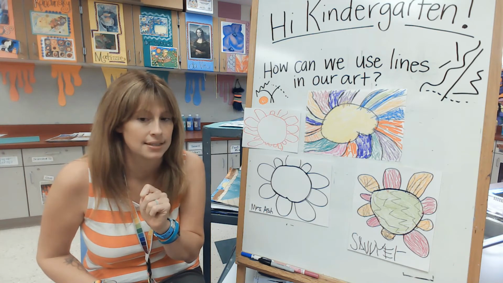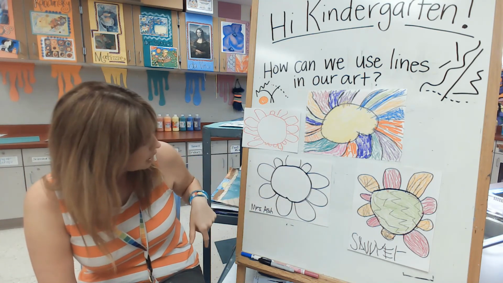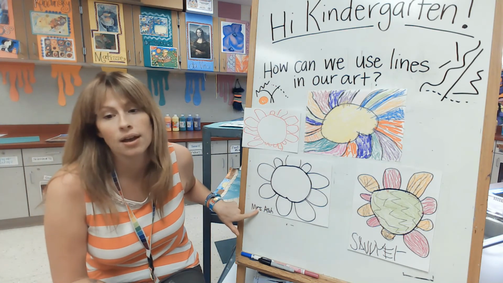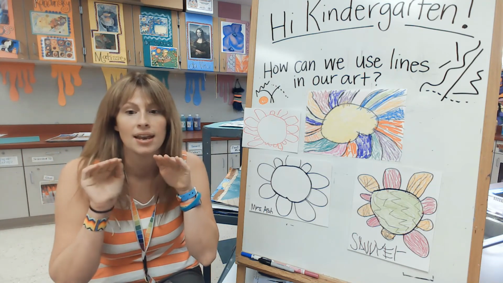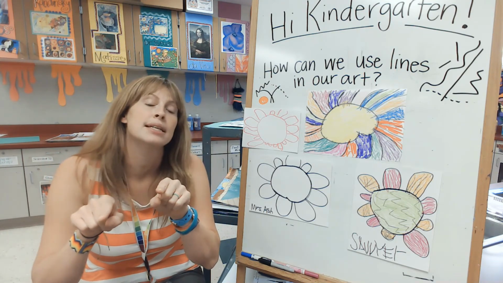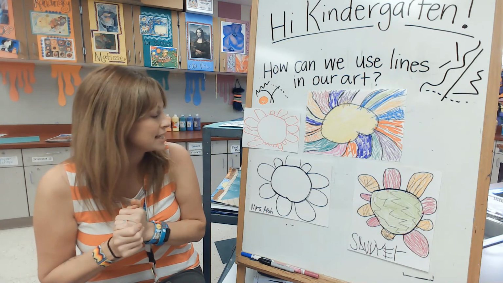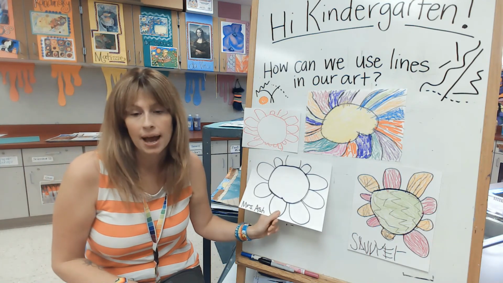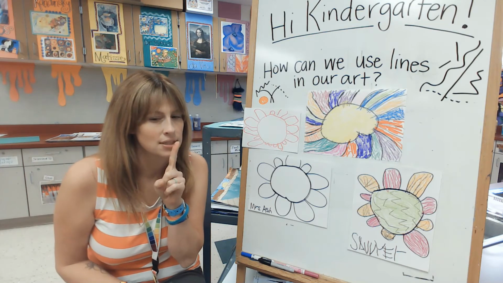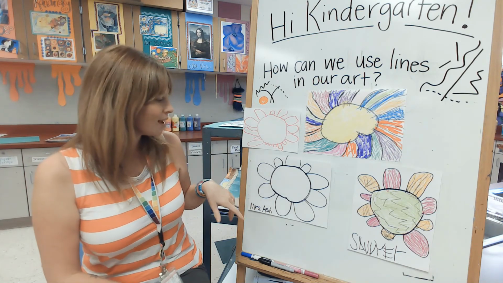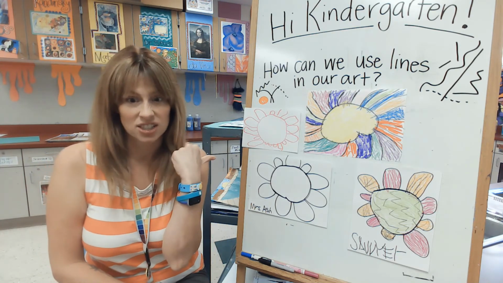Talking a little bit about what we can add to this picture. So for right now, all we're gonna do is color in the flower and put our name on it, okay? So we've made our lines, we're gonna color it in, we have our name on the front, and then you can click add response and submit it to me so that I can see your work for this week. And then next week we might bring this paper back and add a background to it and add some more lines, okay? But I'm not sure, I haven't decided yet. All right, so you get started making your lines. I'm gonna get started on coloring my